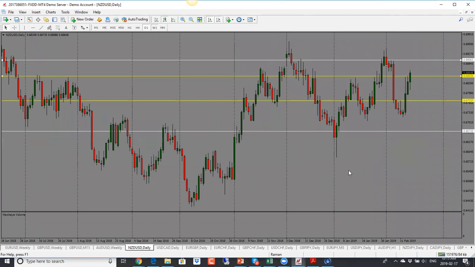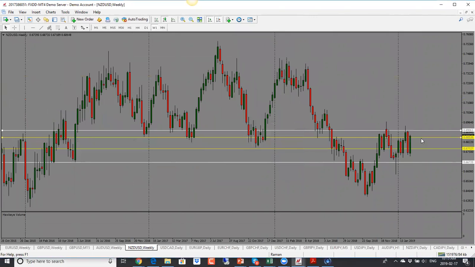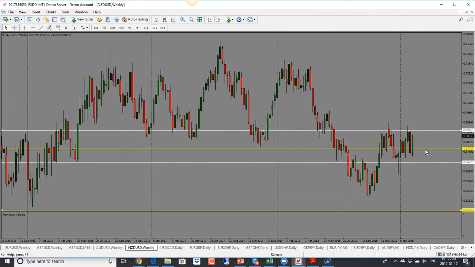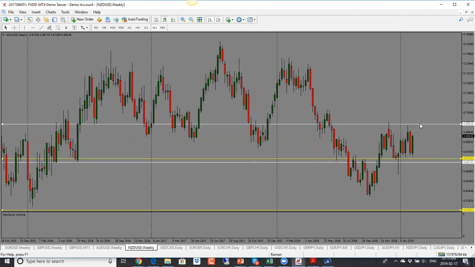New Zealand dollar here. New Zealand dollar was actually quite strong this week. And this is, again, it's been range bound here for the last little bit since November. It's just been trading in this range. So now we have a bullish candle close. Last week it was bearish, came almost right into the support. It has moved back, but this week, strong bullish candle for New Zealand. So we could get something like this, basically looking for a move towards the top of the range here.